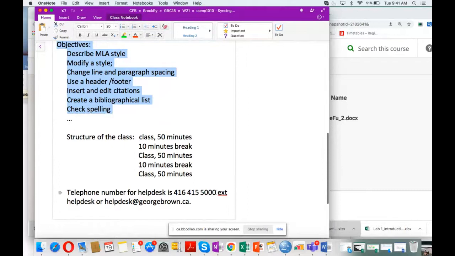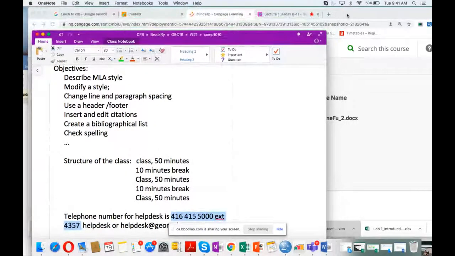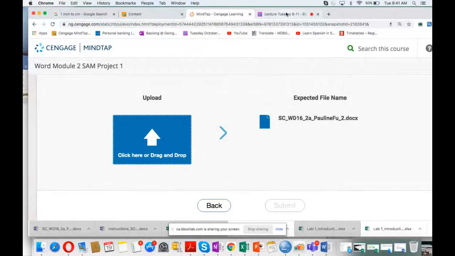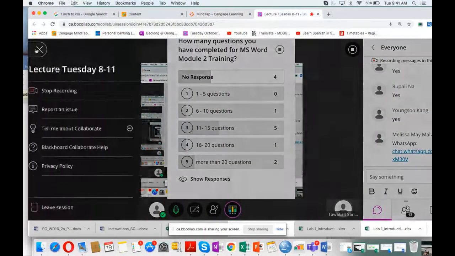So I found the telephone number. If you cannot claim your e-tax, the number is 416-415 extension 5000, or no, 5000 extension 4357. 4357. So I have 2 students in this class right now. You cannot claim your e-tax. Call this number now. Call the number now for e-tax. Okay. So I'm going to stop recording to see if you have any